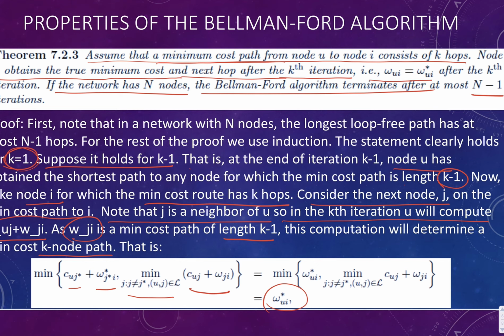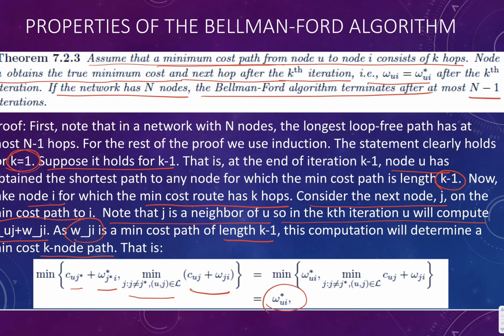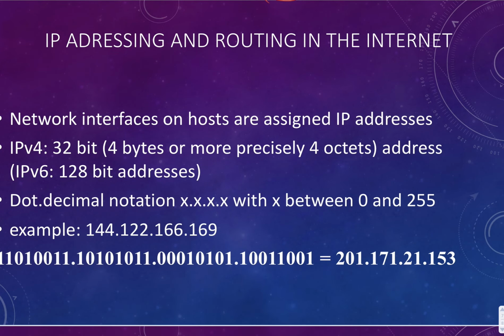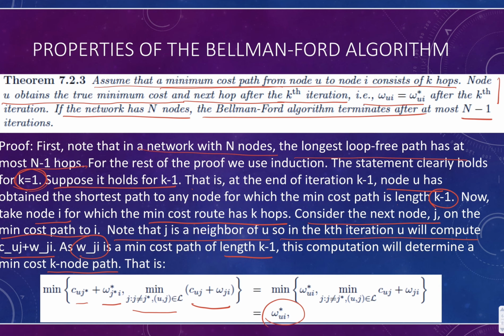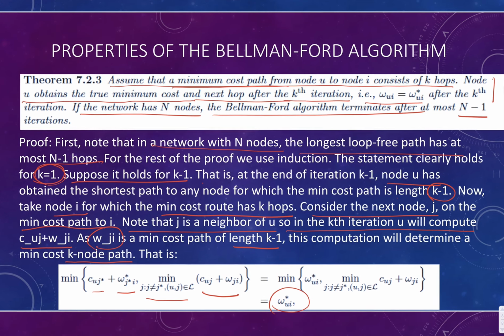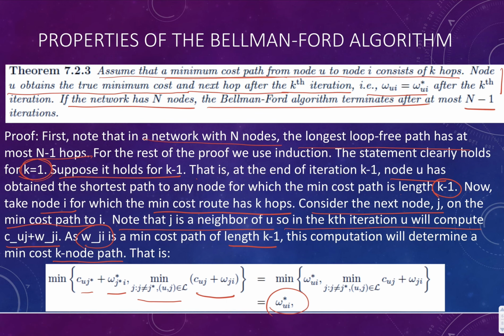Okay, so because of this, since at every iteration the final routes for nodes that are k hops away in the optimal route are found, and in a network with n nodes the longest loop-free path has at most n minus 1 hops, the algorithm terminates after at most n minus 1 iterations. Okay, so that brings us to the end of the description of the Bellman-Ford algorithm. In the next